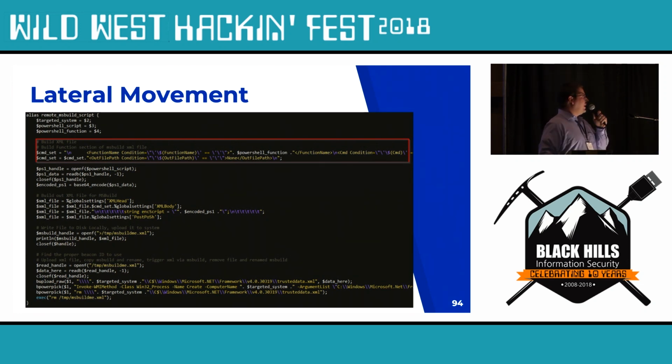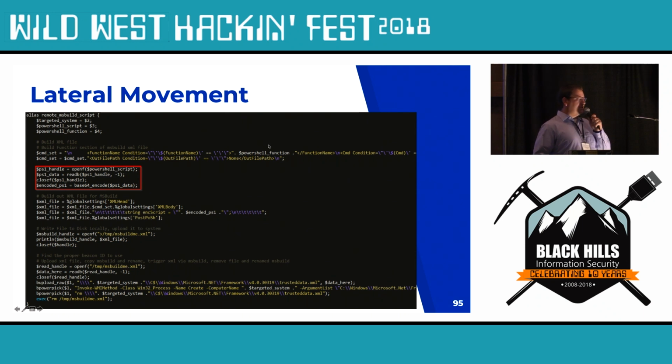This next step is where we're actually swapping out different code. So let's say we're running PowerShell-based Mimikatz just for giggles. The command you're probably going to be running is invoke Mimikatz. And so this is going to swap out and add that invoke Mimikatz right where you see this PowerShell function right here in the middle of this XML code.